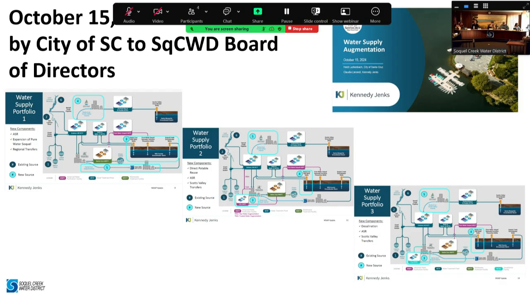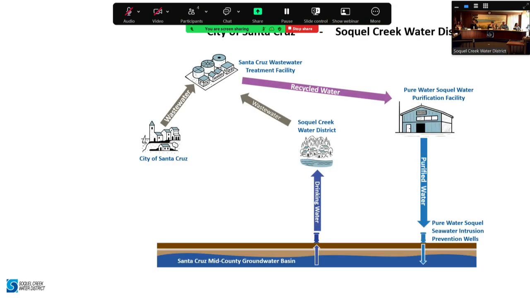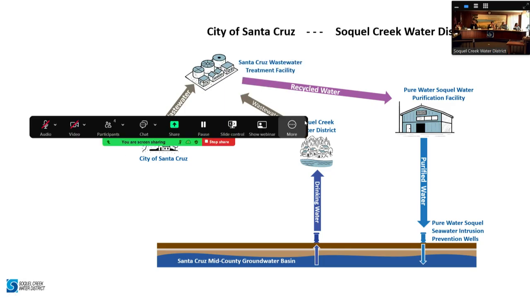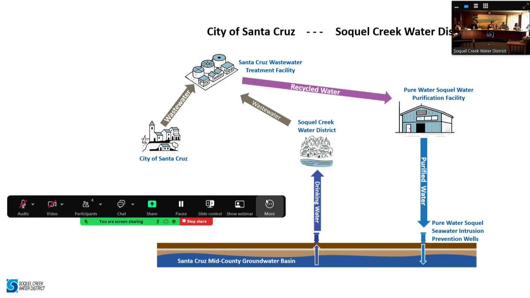Portfolio 2 is also on the table by the City of Santa Cruz. That includes an alternative water supply with direct potable reuse. And then portfolio 3 was desalination. But really focusing on that portfolio 1 and, again, trying to take that one graphic and make it a little bit more